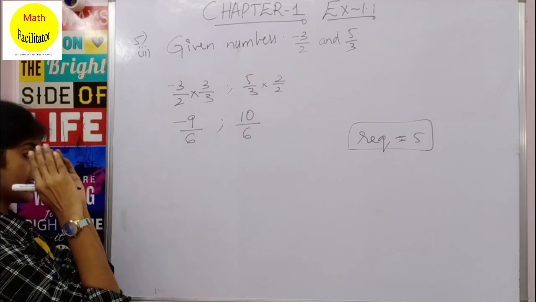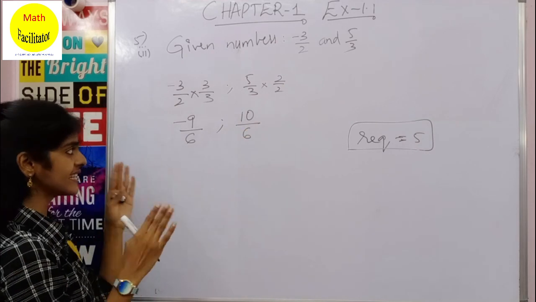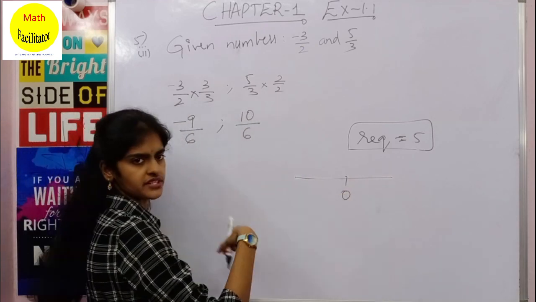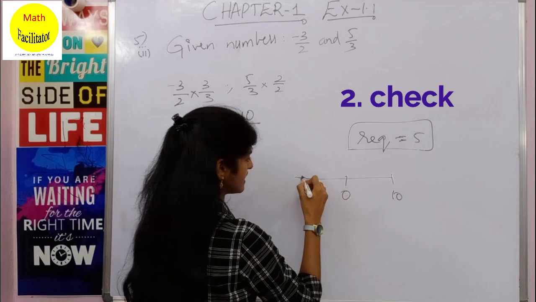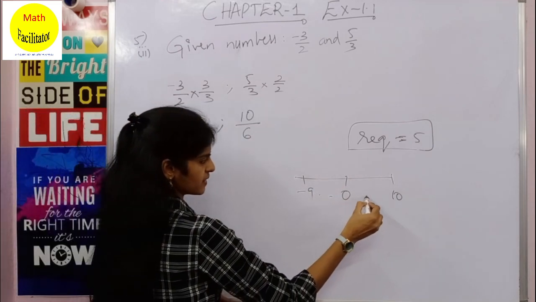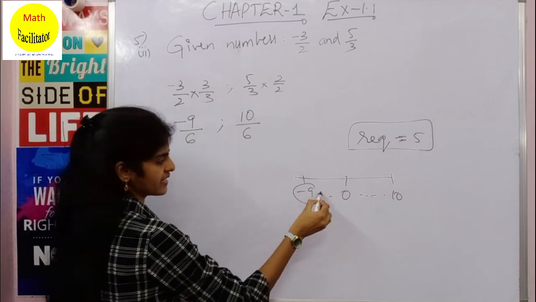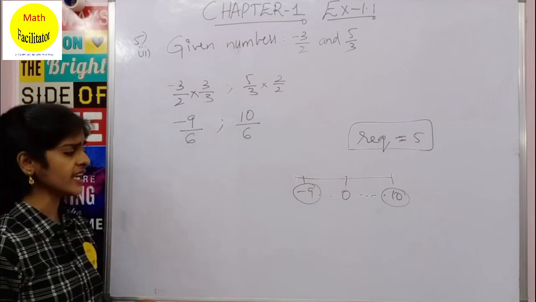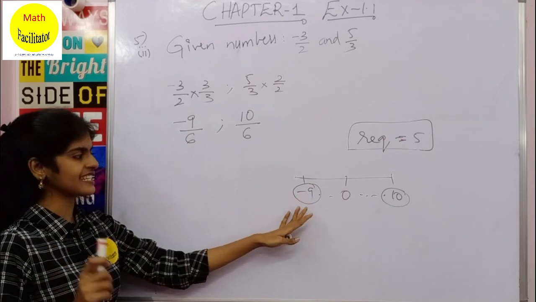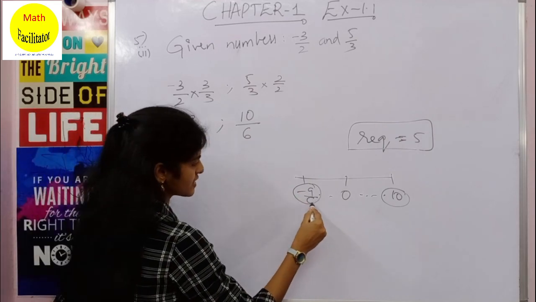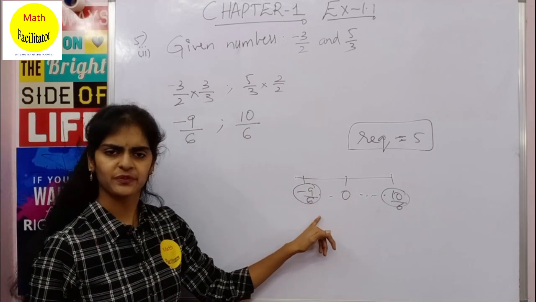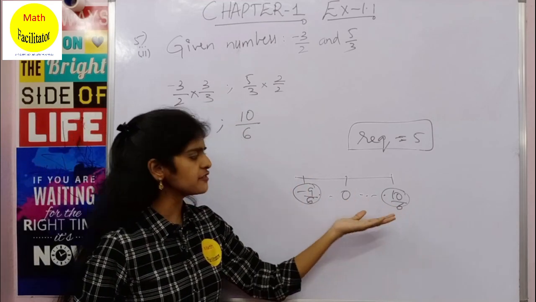Okay, now in this question you can see that directly you can insert rational numbers. Why? Because just by looking, here you have minus 9, here you have 10. That means there are many numbers between these two numbers, minus 9 and 10. Now in this case I am simplifying it, I am not writing the denominator, which does not mean there is no denominator. So this is minus 9 by 6, and between 10 by 6 you can see there are many numbers. So between minus 9 and 10 itself you can find many numbers.